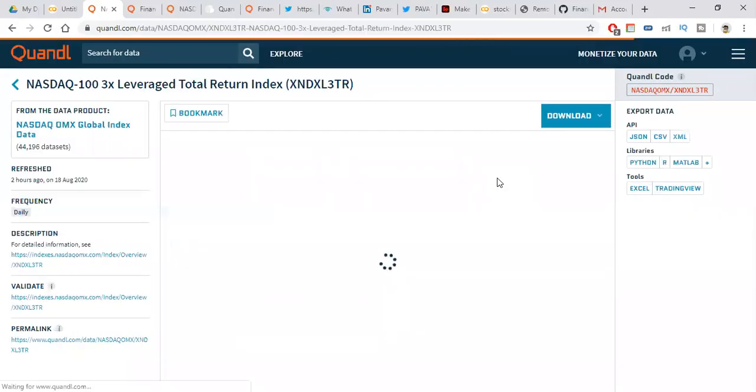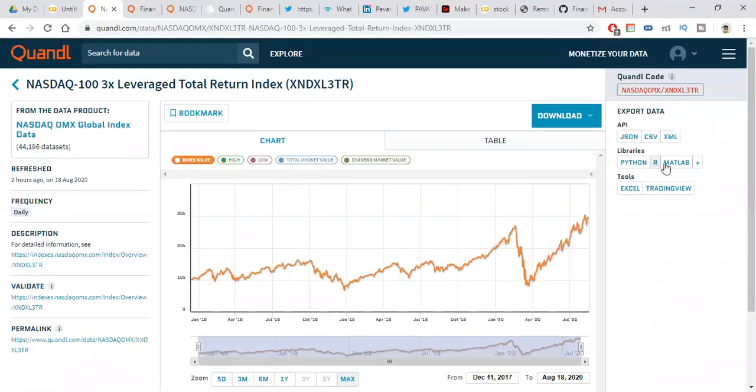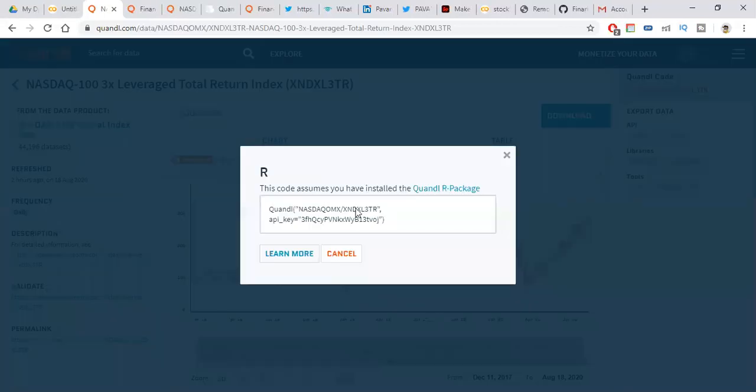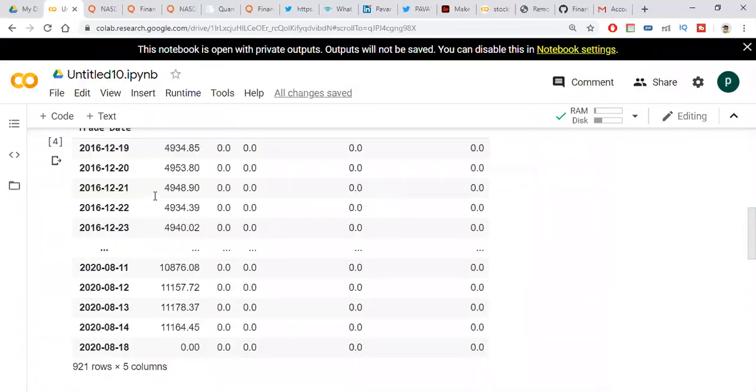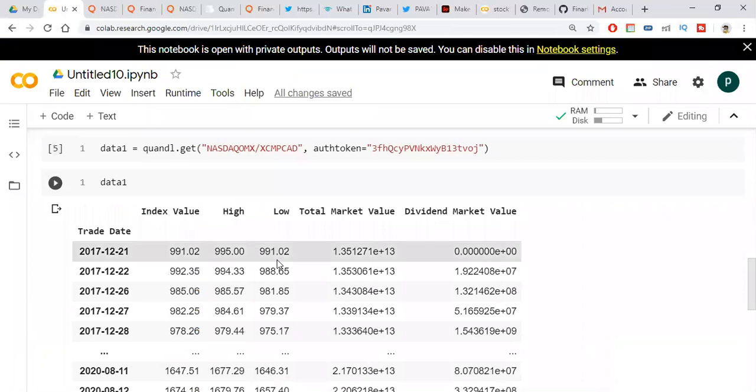You need to press expand, and press Python or R or MATLAB and click on that one. For R, it will be like this. Same, friends, all will be the same, but the platform will be different. See, I am getting another data set.